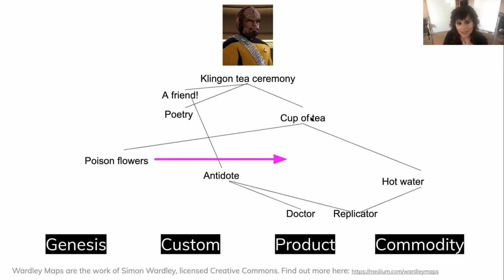I wouldn't get too hung up on it, but what I think is helpful is to put in lines of sight. Like the people actually having the tea in this scenario, you might draw a line of sight above the doctor and replicator, because they may or may not see the doctor and the replicator. They may only see the antidote that needs to be administered so they don't die while they're having a cup of tea. But in order to say where something falls along visibility, which again, I don't think you should get hung up on at all,